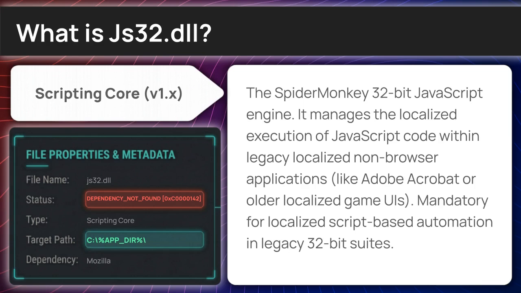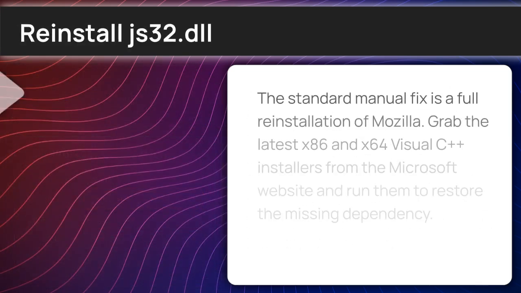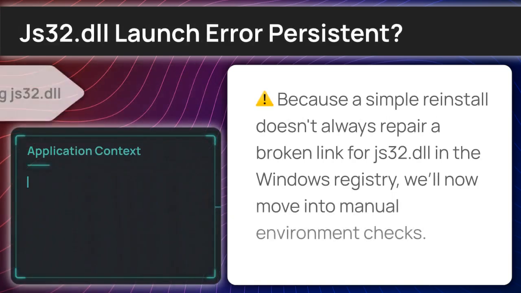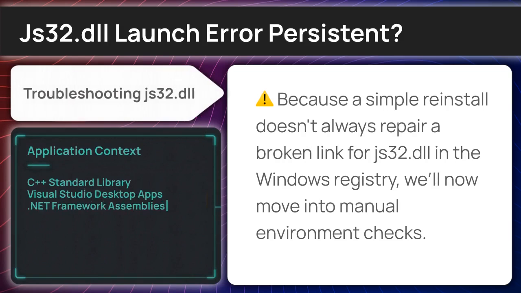Our first move is installing a fresh, clean copy of the library. The standard manual fix is a full reinstallation of Mozilla. Grab the latest x86 and x64 Visual C++ installers from the Microsoft website and run them to restore the missing dependency. If the installer was unable to bridge the gap, we will move to phase 2 of our diagnostic to